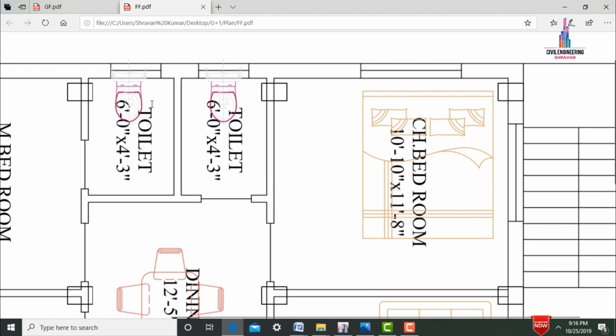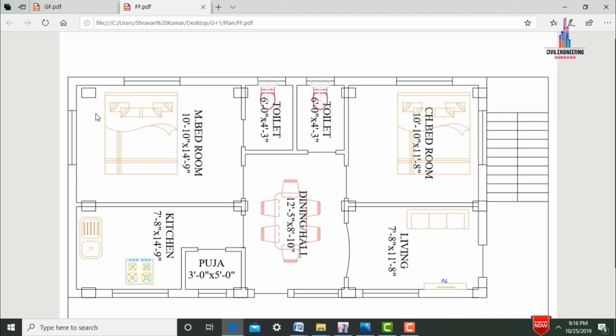So for washroom 1 as well as washroom 2, the ventilation is provided in west facing direction for this respected house. So these are the plan details about the first story for this G+1 building of north section. This respective G+1 building of north story will consist of 12 columns. So this is the first column, second column, this is my third column, this is my fourth column, this is my fifth column, this is my sixth column, seventh column, eighth column, ninth column, 10th column, 11th column, as well as this is my last and 12th column.